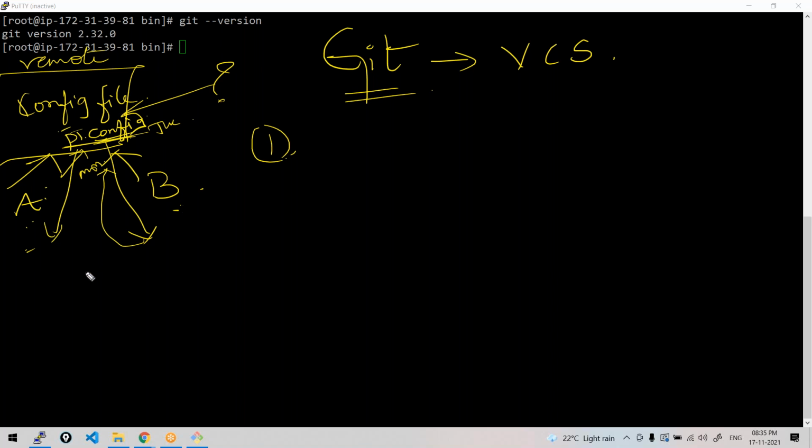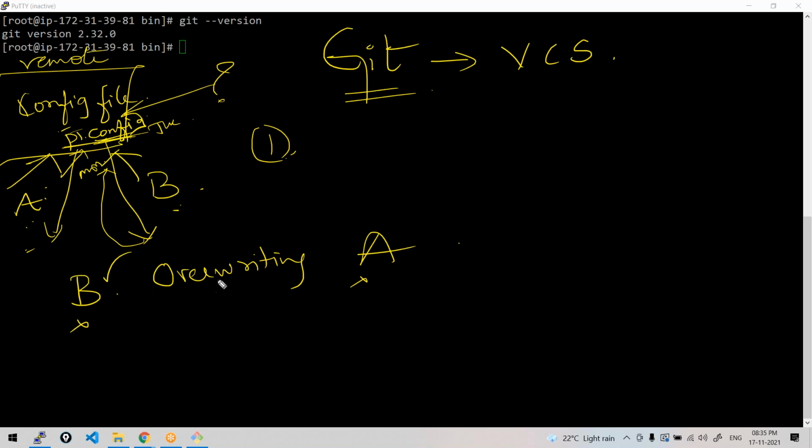B's changes will be there, because what is happening here? B is overwriting the changes of A, isn't it? Whatever, when B places the file, A's changes are being overwritten, correct? A doesn't know this, even B doesn't know this. This is happening unknowingly. And if this keeps on continuing, is it an accepted scenario in real projects?